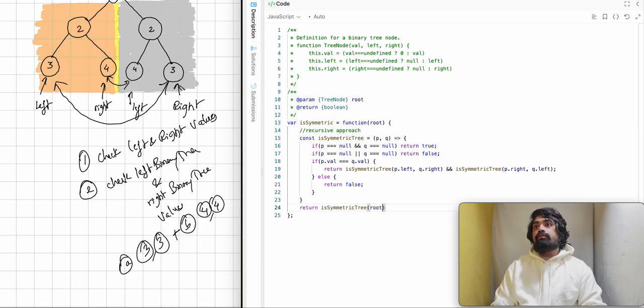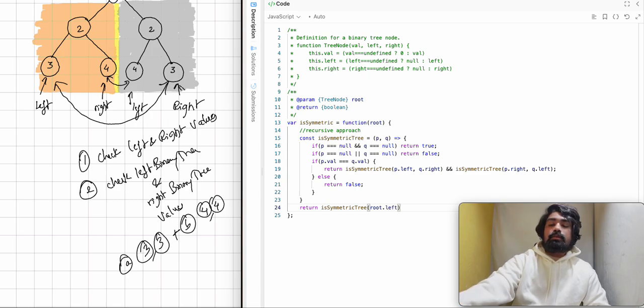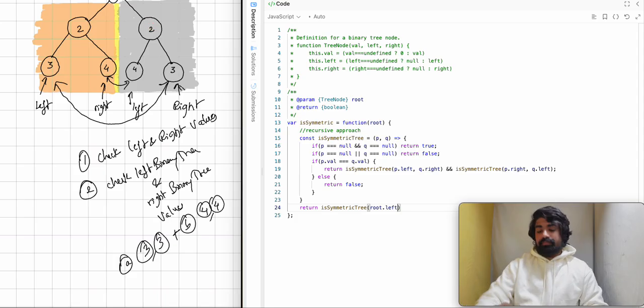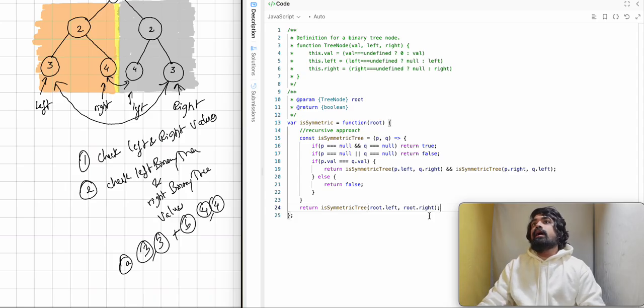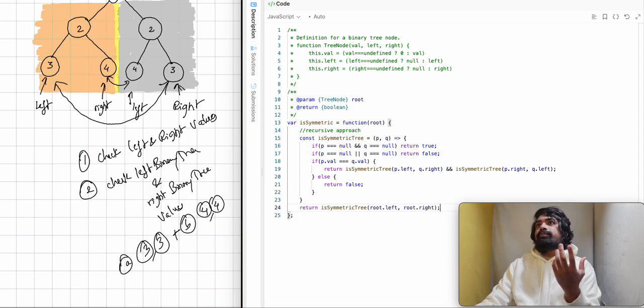Here we will just pass root.left, which is this one to begin with, and root.right. That is basically translating into something like this. And that's pretty much it. This wraps up our logic